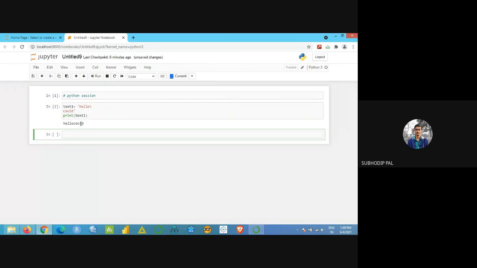This is how I'm getting the output, hello COVID. There is no space between hello and COVID, right? Are you all getting it? Yes. This is simple.